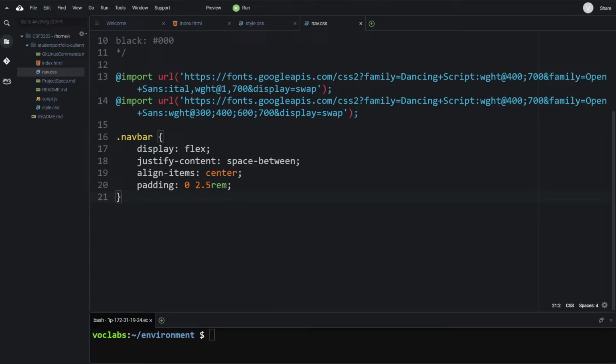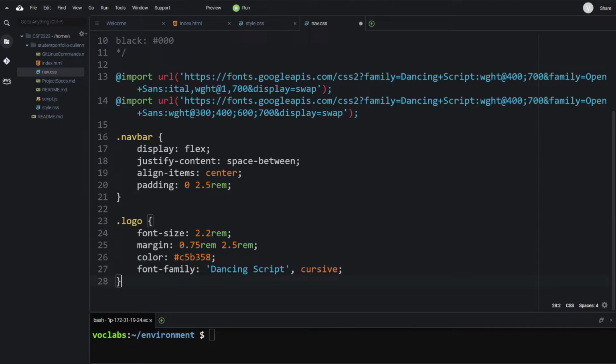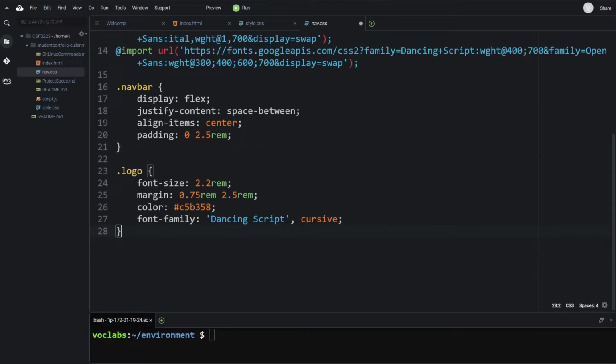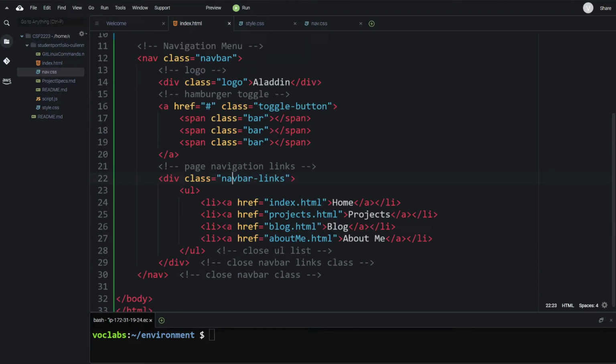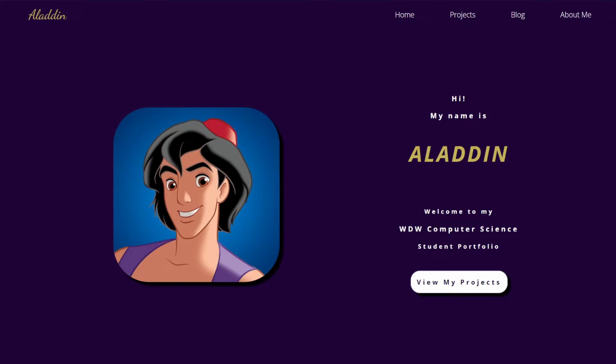style the logo next. And again, this is targeting the logo class. So if we just quickly give ourselves a reminder of the logo class, it is a one-line reference to the name Aladdin. And that is in the upper left-hand corner. So we want